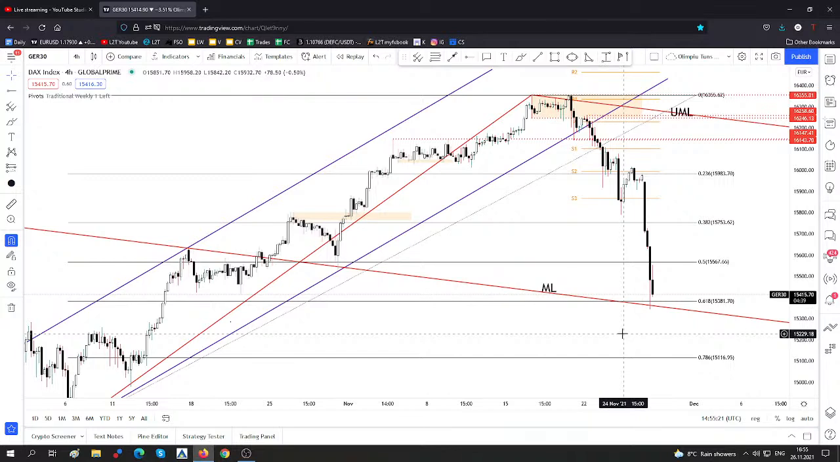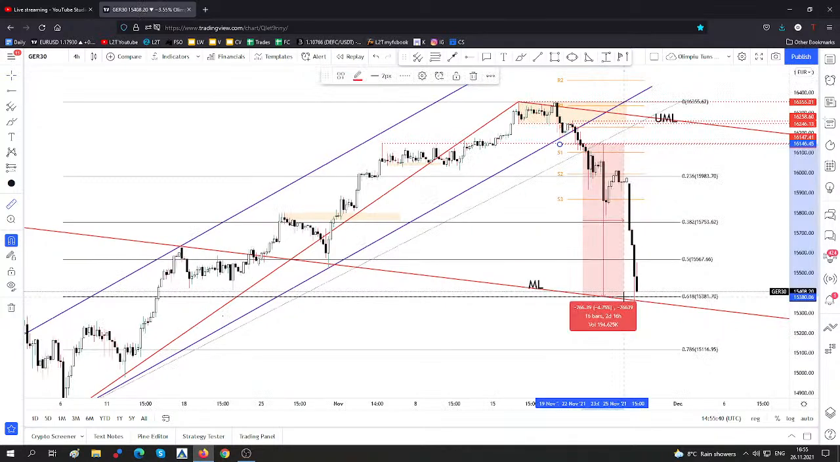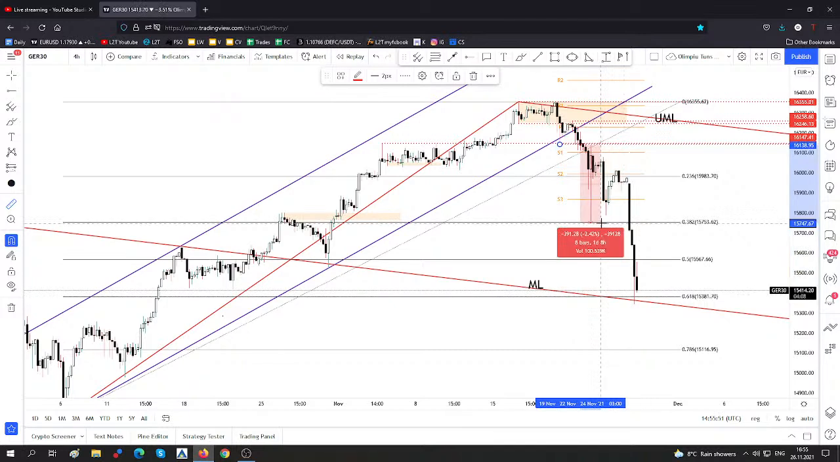Maybe something like this, around a 4.7% drop. Personally, I've talked about maybe something like this, around a 2.4% drop, only because we had former highs here, maybe support around the 38.2, but please take a look here,